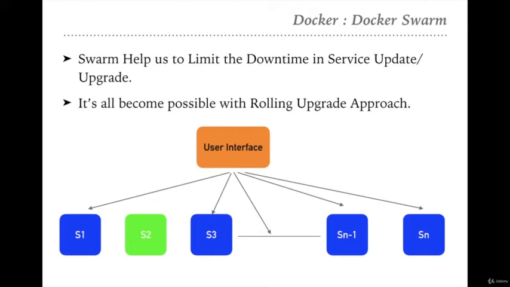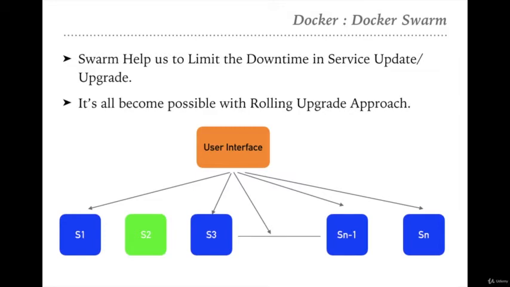So team, just take a use case. You are working on some application and that application is running on some version, right? Suppose we are working on XYZ application and that is running on version 5.5. Now we have some code changes in our application, some bug fixes, and we want to upgrade our service from 5.5 to 5.6, right? So there are two kinds of approach by which we can upgrade the service.